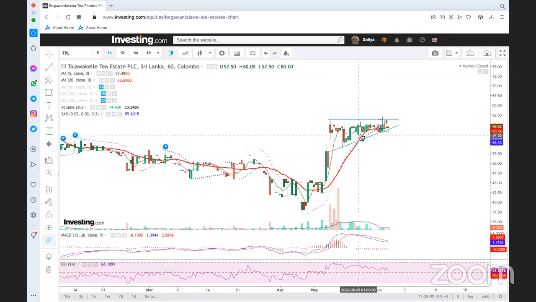Now, this is called an ascending triangle. The reason is the lows are ascending, going up, but the high is flat. The moment a breakout takes place from here, the chances of the prices going up are greater, right? Most of the time that happens, especially due to the fact that the prices have gone above all four major moving averages. There is a chance, but in order to take a position with more accuracy,